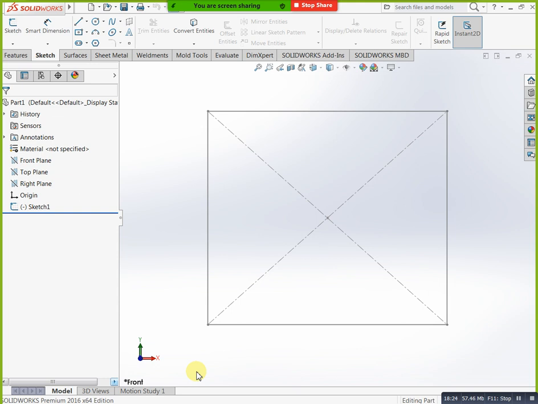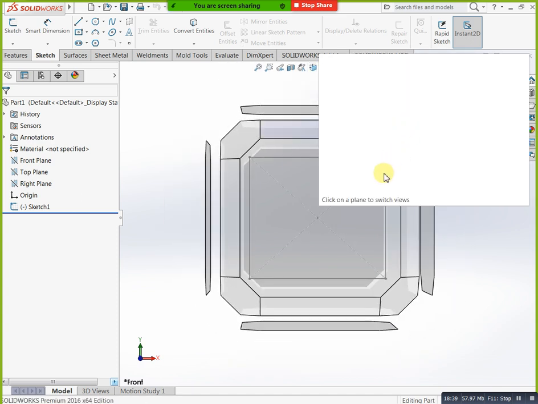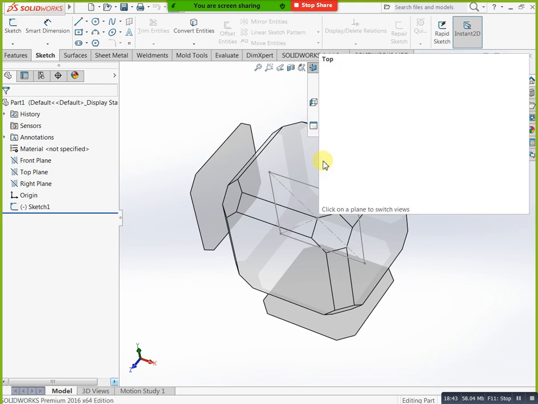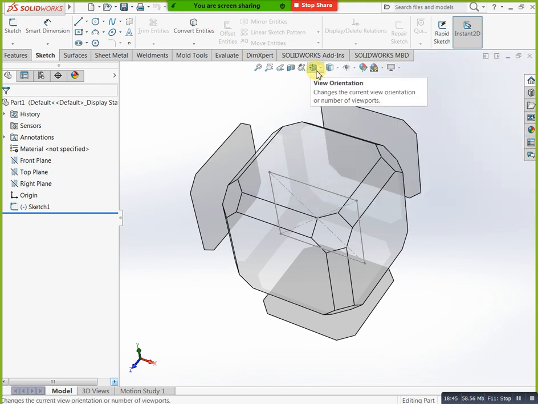Display, not a display style, view orientation. Okay, in that view orientation we have all these views. At the same time, in this view orientation we have 2 more views, but we don't have control keys for that. We completed front view, top view, these all. See, these all are views, but here we have single view. Presently we are working in single view.